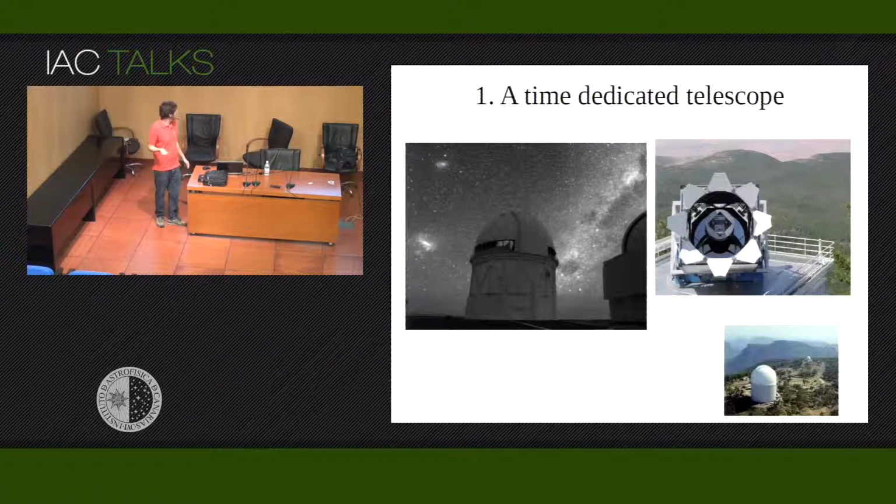So first, we need a time-dedicated telescope. Galaxy surveys demand an intensive survey of the sky. Especially, it's also important that data is calibrated in the same system, and in that sense, you need time in telescopes. These are images of the Blanco telescope, which is the Dark Energy Survey telescope. I think 50% of the time of the Blanco telescope will be dedicated to DES for 5 years. Then we have Apache Point, which is 100% dedicated to Sloan,